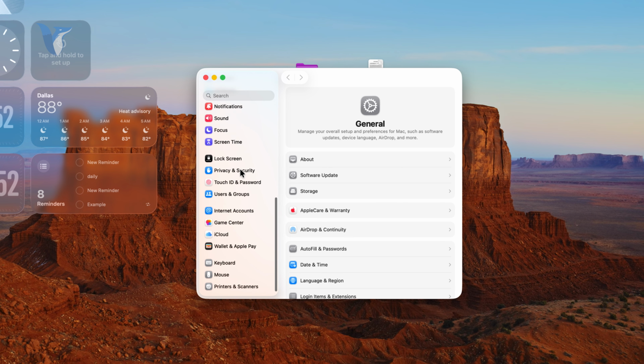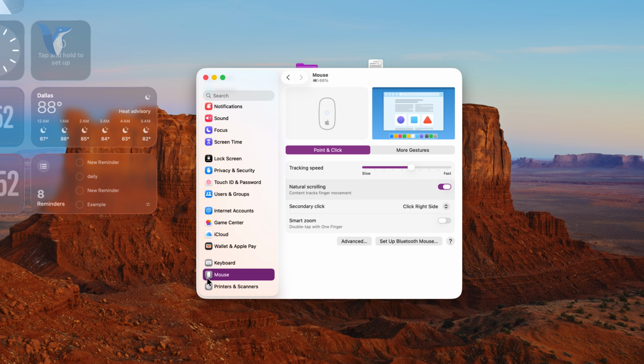And at the bottom, if you get to the bottom of the list, you should be able to see the connected device. So, it might be like the trackpad on your Mac, or even if you use your mouse as a connected device, you should be able to see it in here. So in my case, I'm going to click on a mouse, and the inverted scrolling is also referred to as